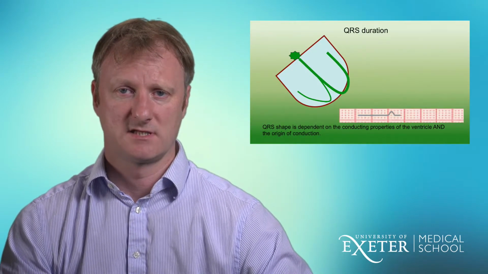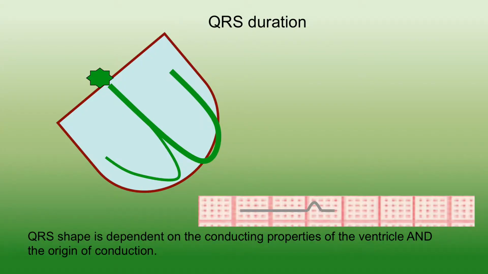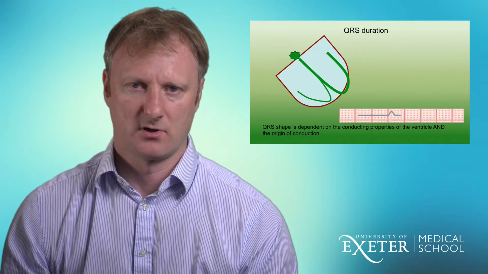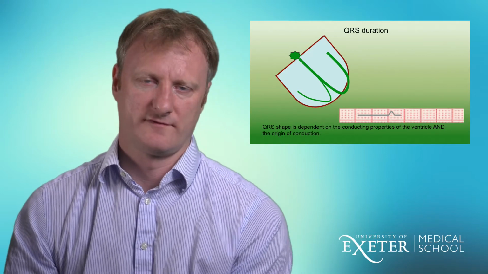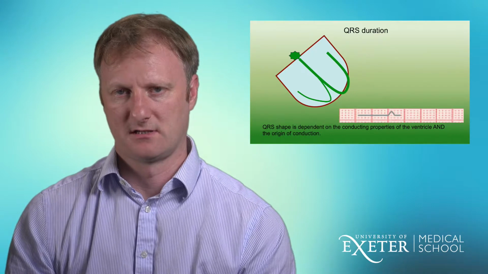So firstly, this diagram here is a fairly crude representation of the ventricle, and at the top we have a green star, which is the AV node, and that feeds into the specialist conducting tissue of the ventricle, which is essentially the left and right bundles of His. And your QRS duration is dependent upon the conducting properties of the bundles of His, but also dependent upon where